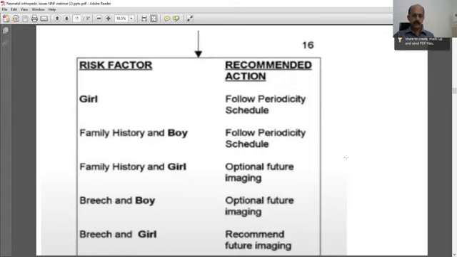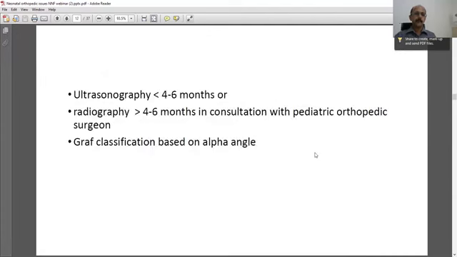Again, there is grading. One of the two is good enough. Like for a girl, follow periodically, and for a breech with a girl, imaging is strongly recommended. For a breech with a boy, or a girl without a breech, imaging is optional. Ultrasound is the definitive imaging for a kid who is less than 6 months, because the ossification centers are not very clear. After 6 months, radiography in consultation with a pediatric orthopedic surgeon is important, and Graf classification for ultrasound defining